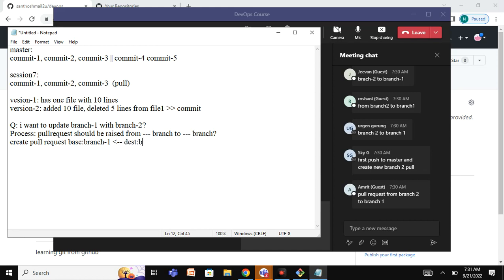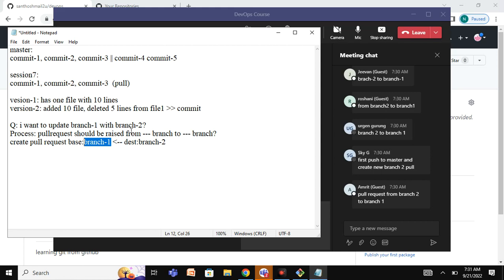We can call it branch 2. Clear guys? Yes, pull request from branch 2 to branch 1. No, from should be branch 1 because you have to stay in that particular branch and pull the content from the respective destination wherever you are. So from should be